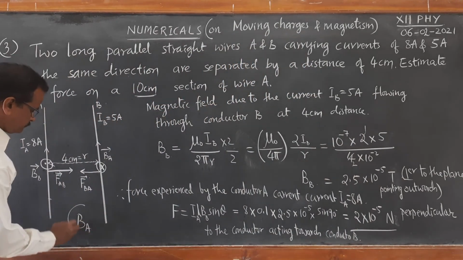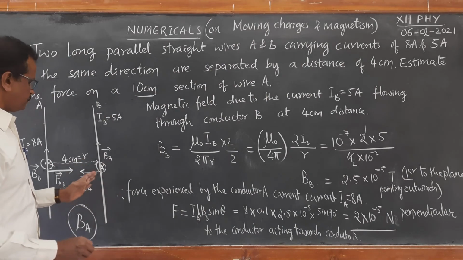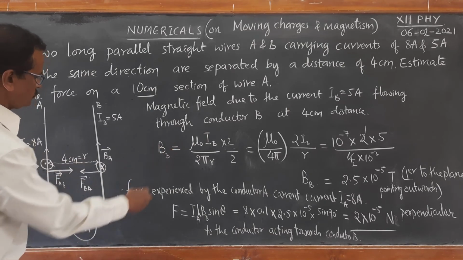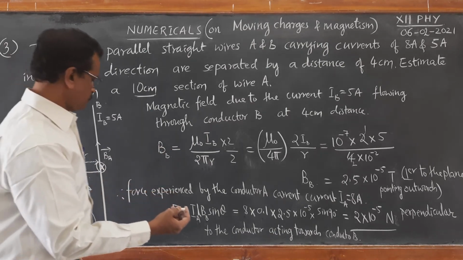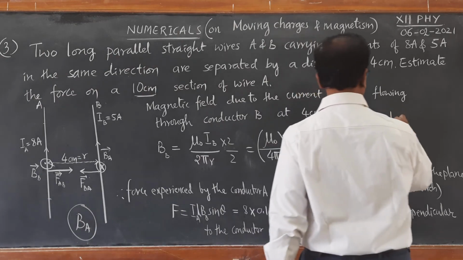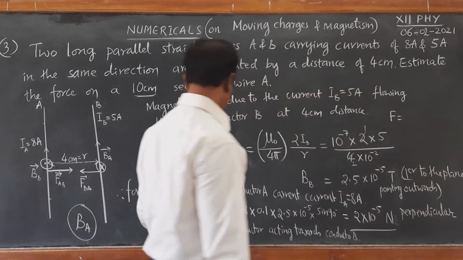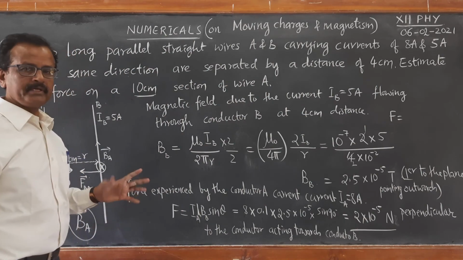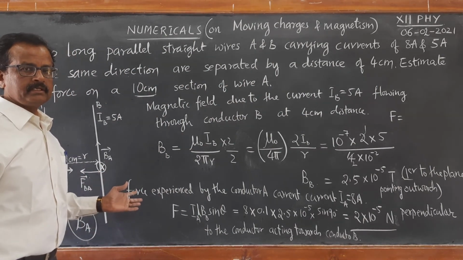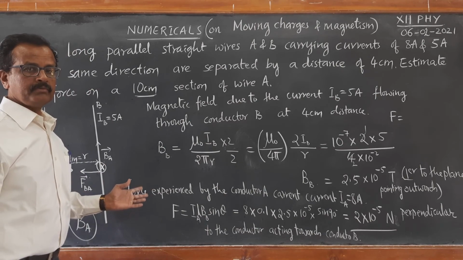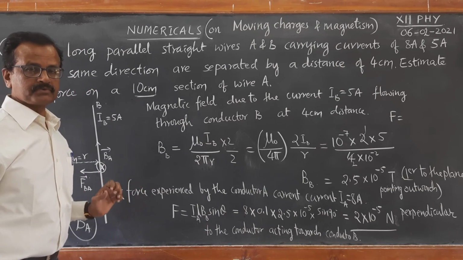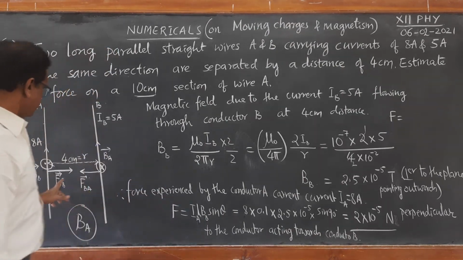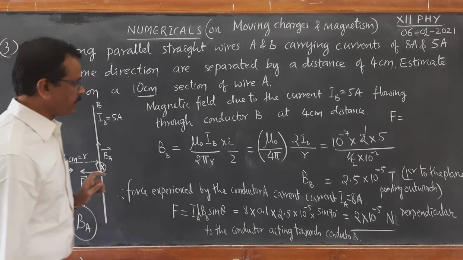Calculate BA, then calculate force FBA. Now if you substitute the common force, I can write here whether it is FBA or FAB, they are going to be equal. Again one can see Newton's third law, mutually equal and opposite forces. FAB is equal to minus of FBA.